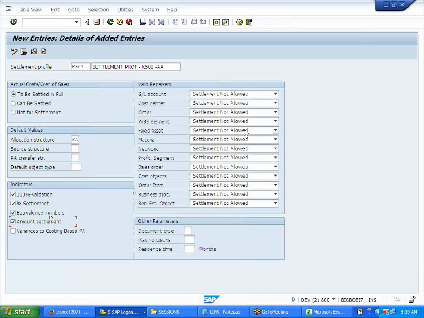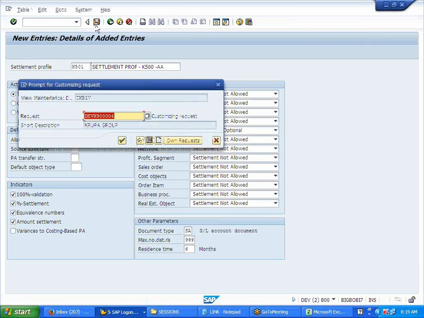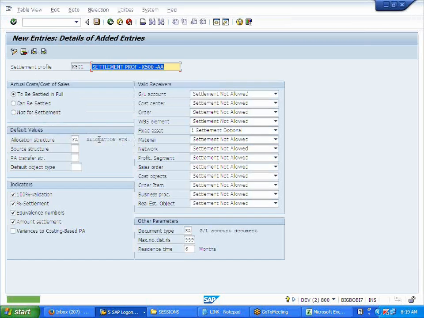Receiver, fixed assets, distribution. So yesterday we did this. I'm saving it. Actually, this allocation structure is not required, but it's throwing an error.